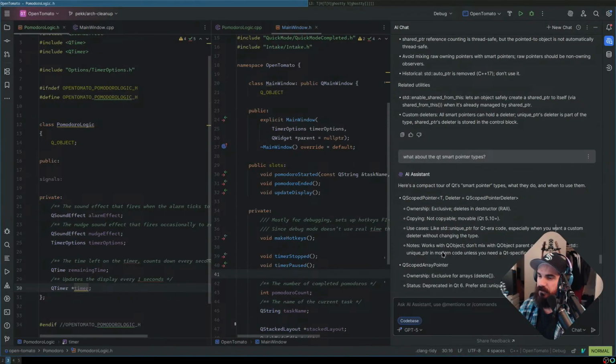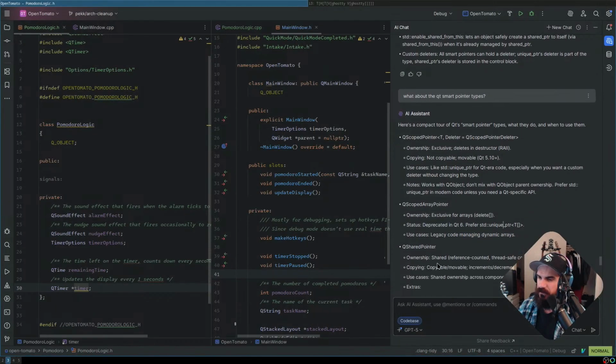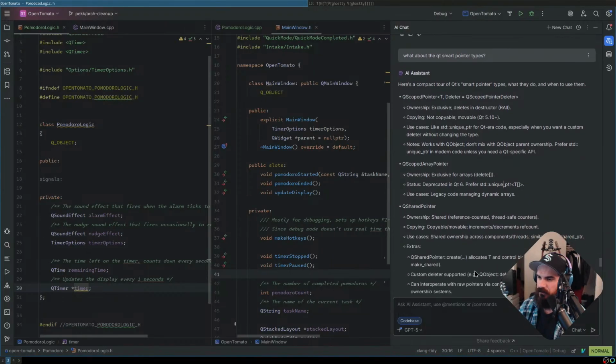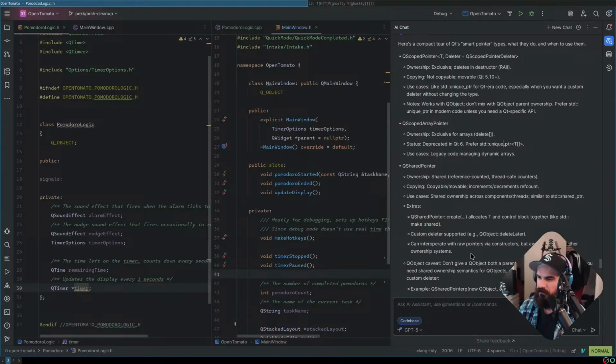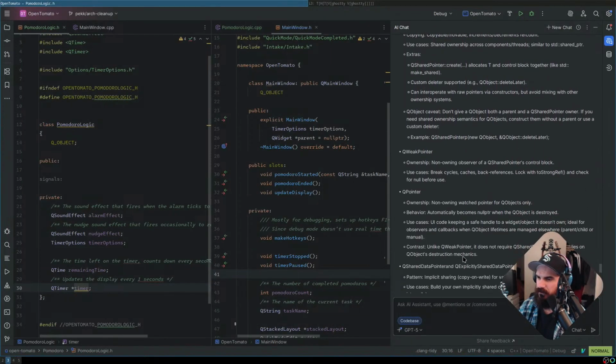Prefer standard unique pointer in modern code unless you need a Qt specific API. That's interesting. Legacy code maintaining dynamic arrays. Deprecated in Qt 6. Copyable use cases. QSharedPointer. Moving across components. Create. QWeakPointer. QPointer.